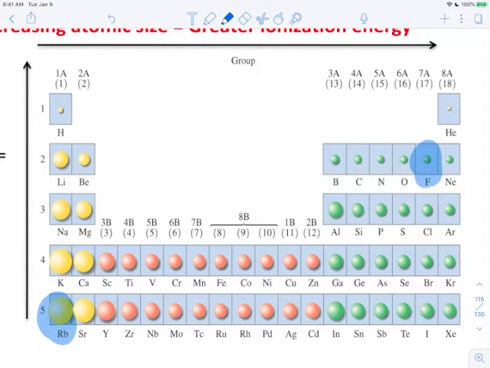And let's say you are like, hey, I need that phone more than fluorine does. I'm going to take that electron or that phone from fluorine. You can do it. But fluorine is going to fight back, and it's going to fight back with everything it has. And it might just take off a piece of your ear. So yes, it's possible to take an electron away from something like fluorine, but because they're so small, and because they are so powerful, they are small but mighty, they will fight back, and you will have a huge ionization